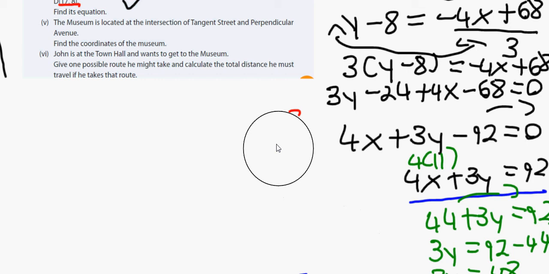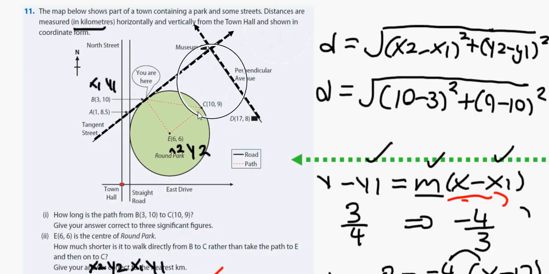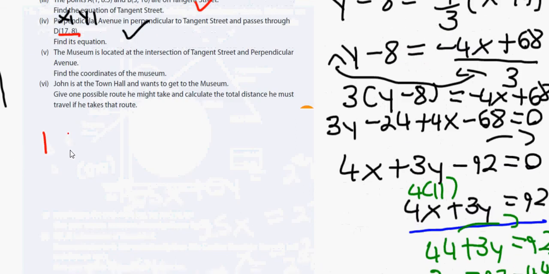So town hall to the museum. Let's see where he is. Rub this out for a minute. Now, the town hall means John is here, and we know that's 0, 0. So what he can do is go over the straight road. So he's travelled 1 so far, because he's gone from here to here, which is 1. So we'll put that down as 1, plus,